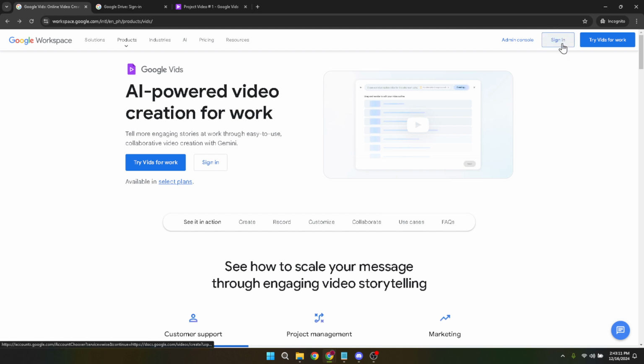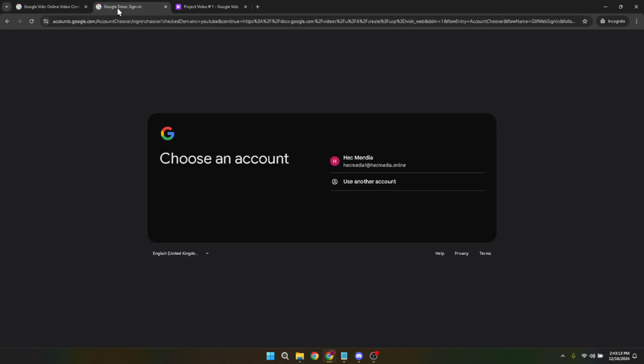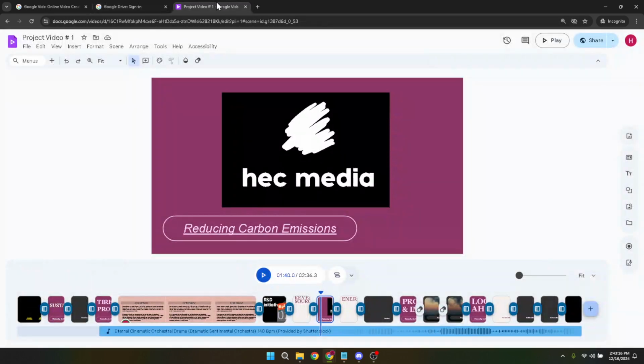Once you're signed in and have access to your Google Vids dashboard, it's time to select the image you want to work on. Google Vids allows you to manage and edit video content, but for the purpose of this tutorial, we're focusing on a static image within your video project that you want to remove the background from. Navigate to your project and then identify the specific image in question.